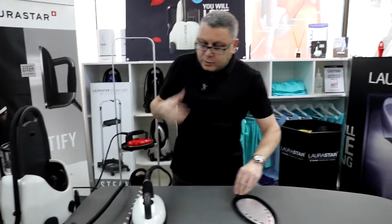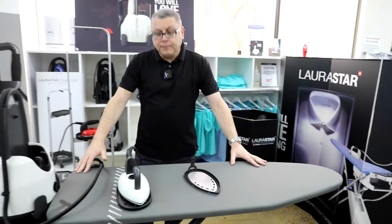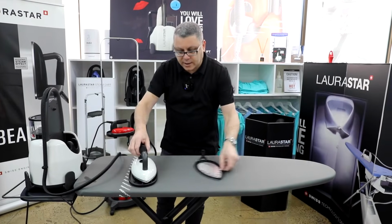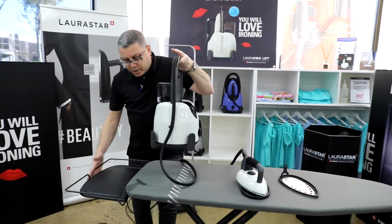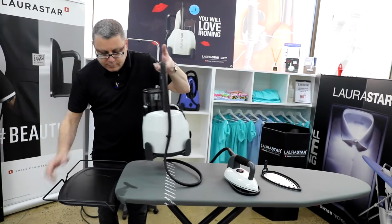Now, the best way to use the Laurastar Lift is on a Laurastar ironing board. This is called the Plus board. Okay, the Plus board is the perfect ironing surface for all your garments. Okay, it's got an 8mm thick cotton foam cover, it's got a mesh base, it's also got a retractable iron rest. That slightly goes in when you want to put it away, pull it out, and that sits on top